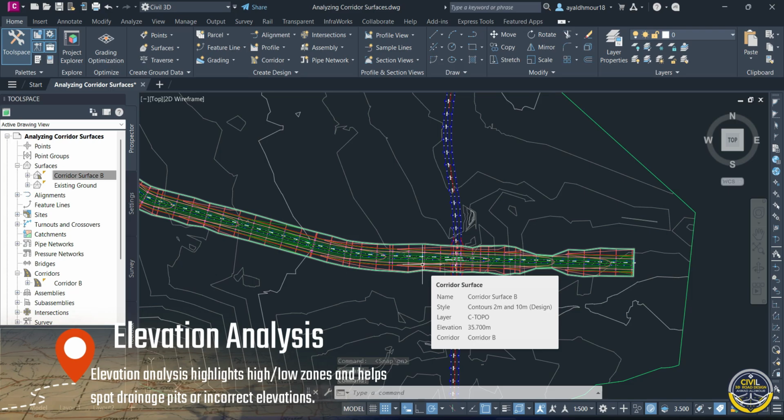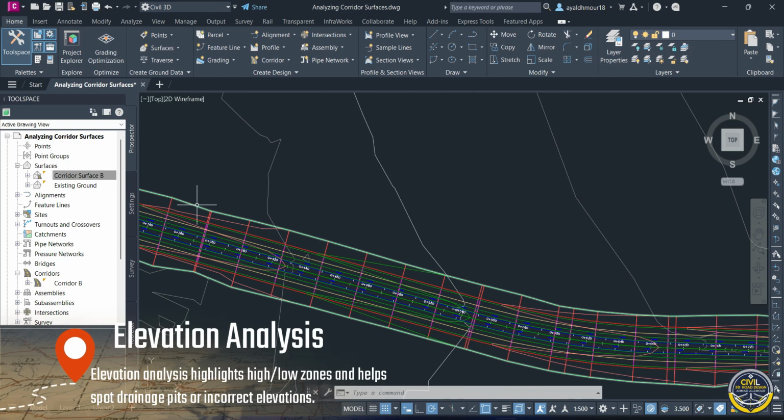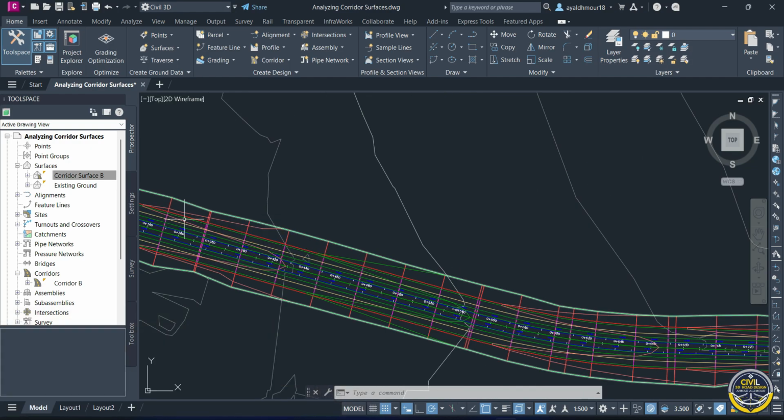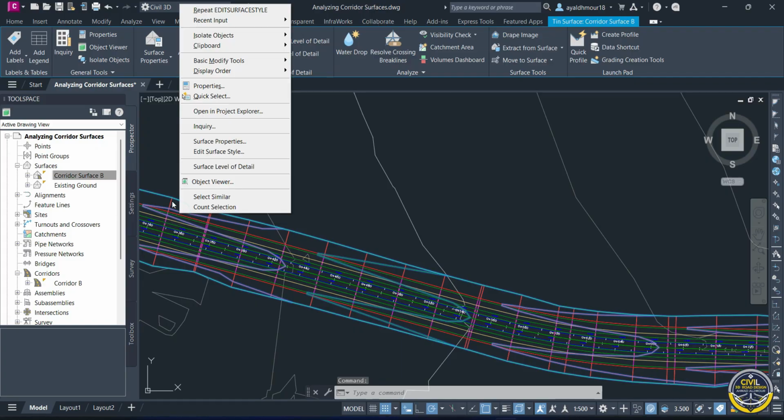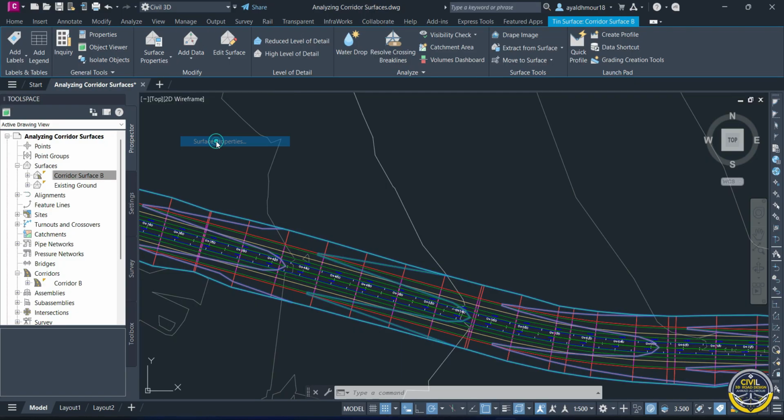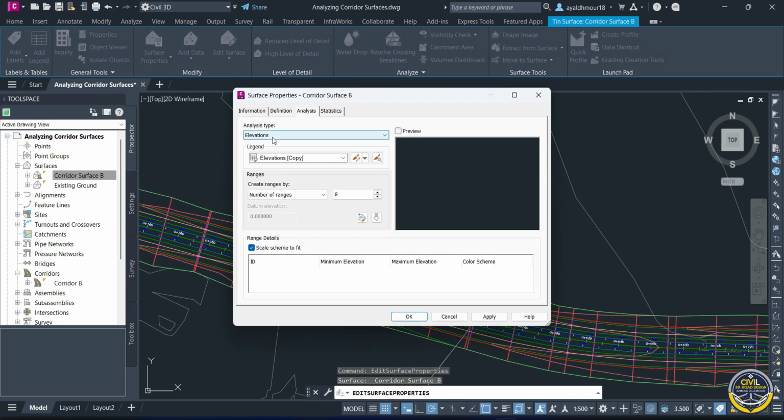Elevation analysis. Elevation analysis highlights high or low zones and helps spot drainage pits or incorrect elevation. Also, right-click on corridor surface and surface properties. Select analysis elevation with legend elevation, number of ranges 8,